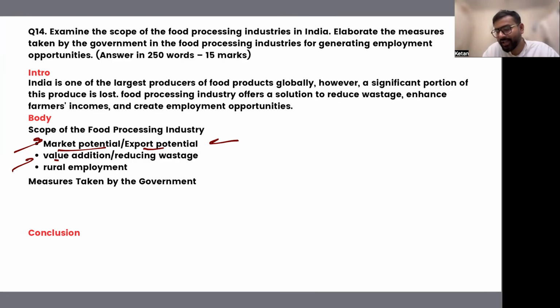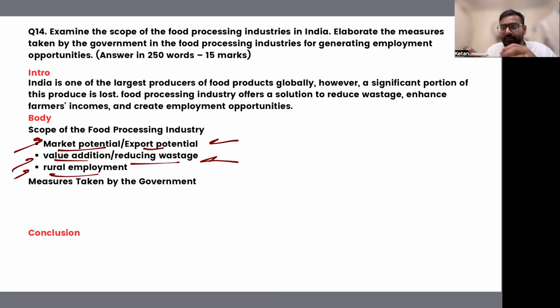Also potential for value addition. So this will also enhance the incomes of the farmers. Also it will reduce the wastage. The raw materials for food processing industries are agricultural products which are perishable. So their wastage will reduce. With more processing, it increases the shelf life of those products and will also lead to a lot of rural